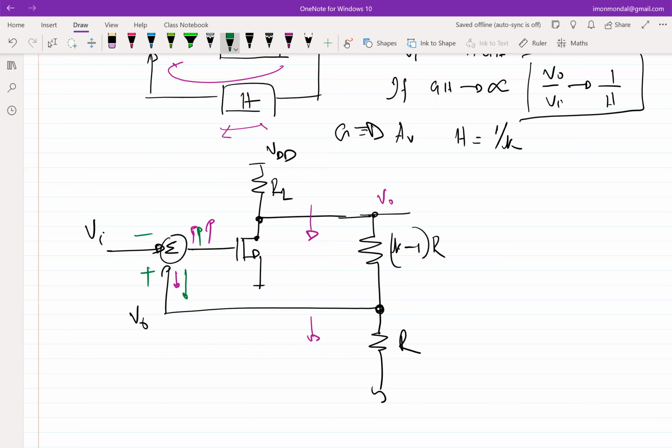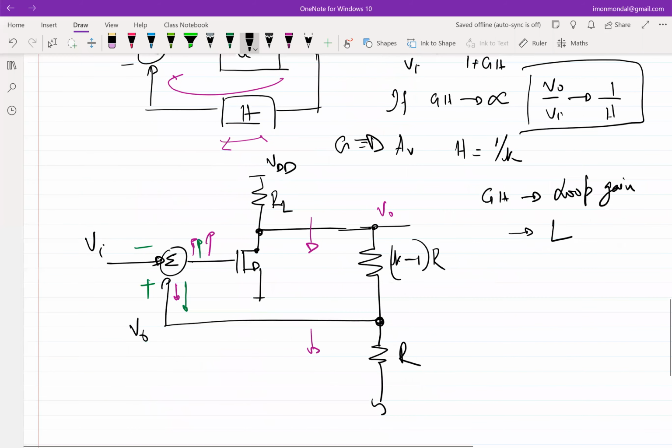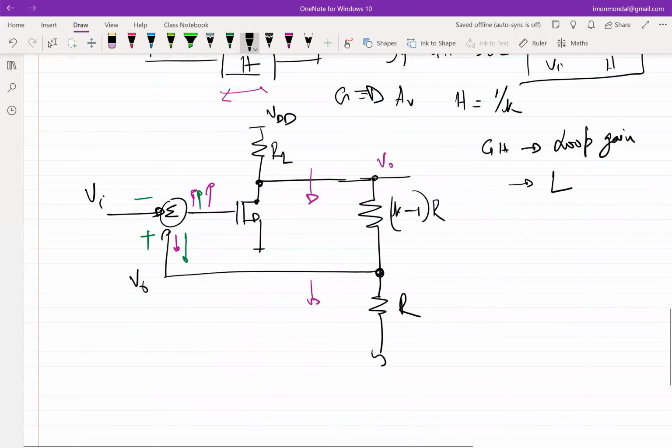Okay. By the way, I didn't introduce the terminologies. So this GH is called loop gain, which is also very commonly referred to as L. Okay, so as long as we are okay with this,